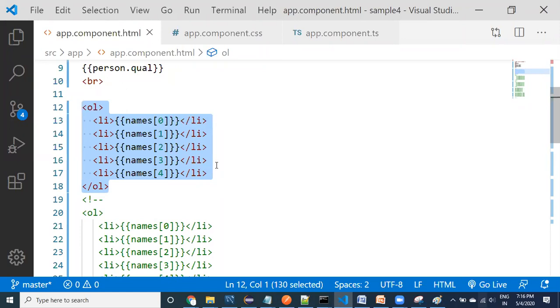Whenever you are using a loop, you have to go to exactly what is repeating and what is changing. This li is repeating. The ordered or unordered list open and close is not repeating, but the li item is repeating. And inside this, 0 1 2 3 4 values are coming, right?